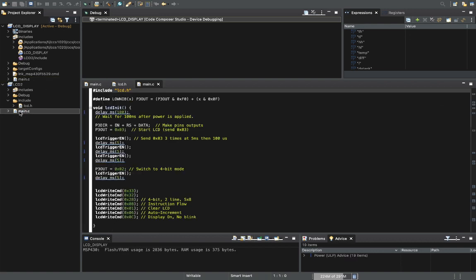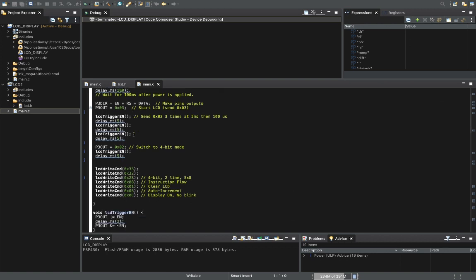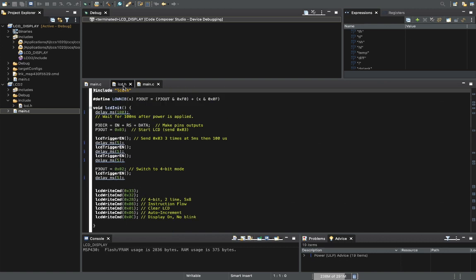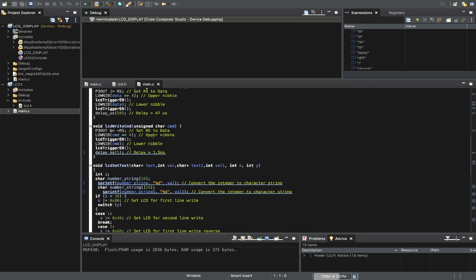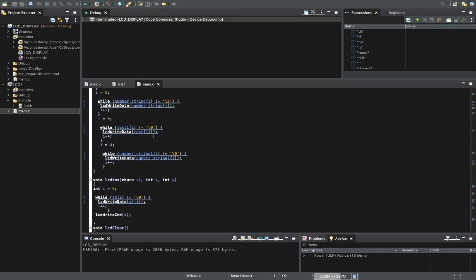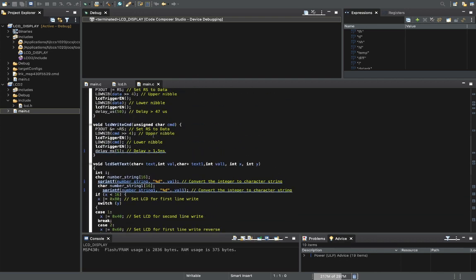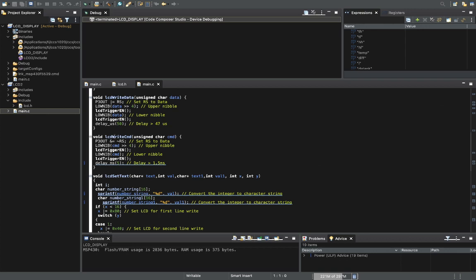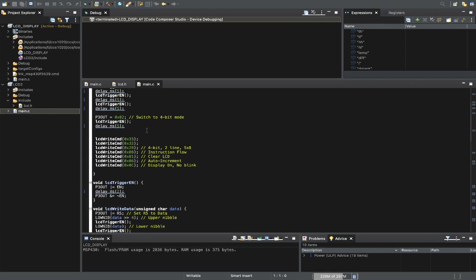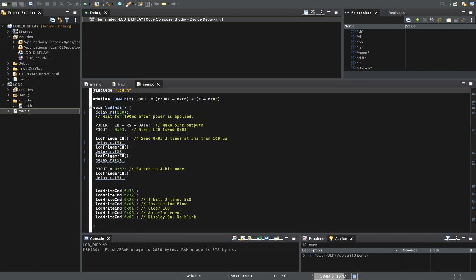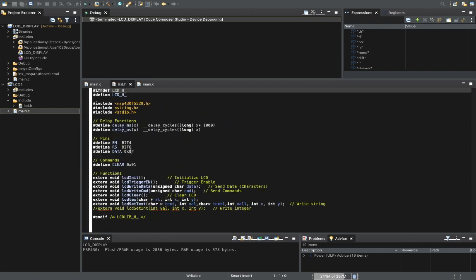This is the LCD.c file. Here this routine will control all the functions of the LCD: how we will print, clear, print data, print text, and print characters. We will select it in 4-bit mode from here. This is the header file. This is our main program.